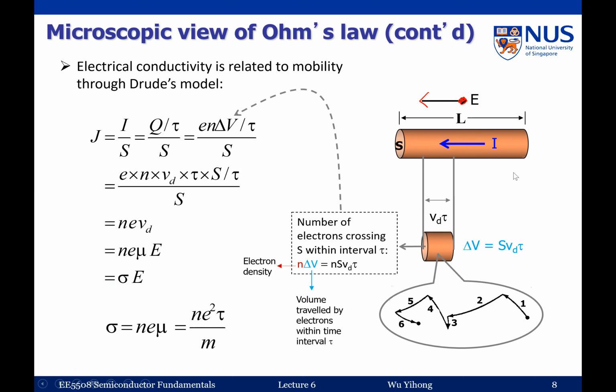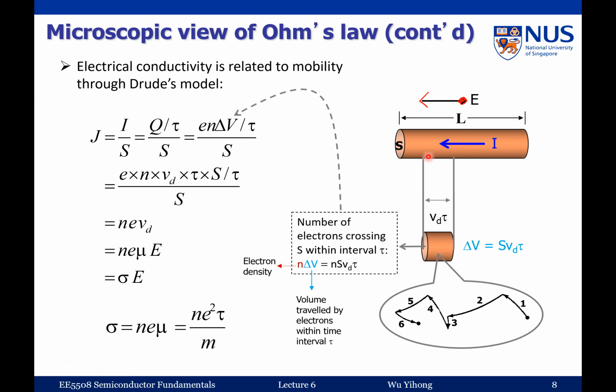So now you can see that the electric field is in this direction, and the electron will move in the opposite direction, but the current will flow in this direction. Okay, so this is what we see. So now, in this case, you can see that